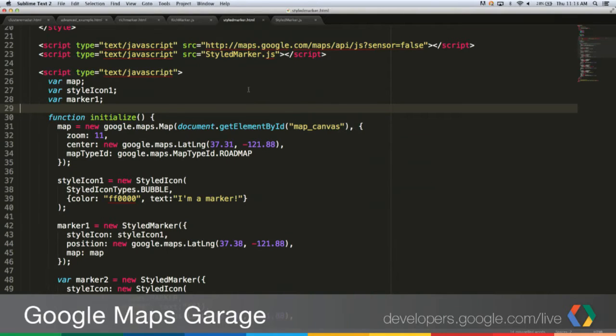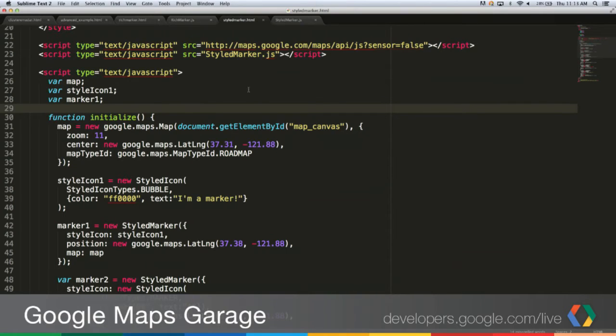Another caveat with this API is that it's likely safe to use for at least the next couple of years. But if you're building something for a partner or for consulting, building it for another company, you probably don't want to use this API just to be on the safe side, because you probably don't want them calling you up in a couple of years saying that their markers are no longer rendering properly. The interesting thing, though, is that I'm guessing, since this is built on top of the marker class, it might just default back to the original markers if it can't get an image. I haven't tested that out, but